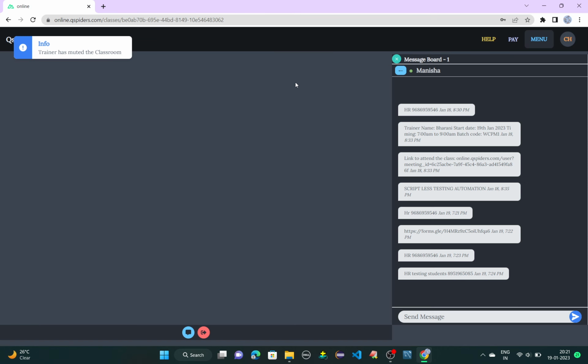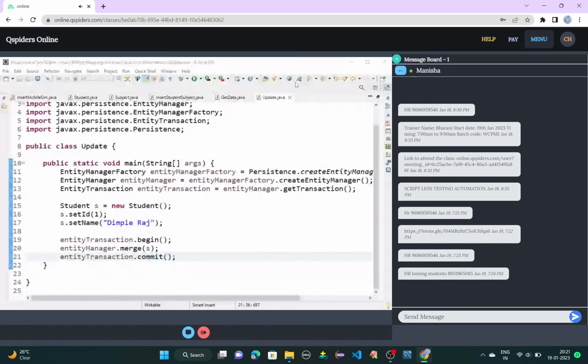Any subject and many students also, Rahul. You create multiple objects, that's all. Create 2 more student objects and